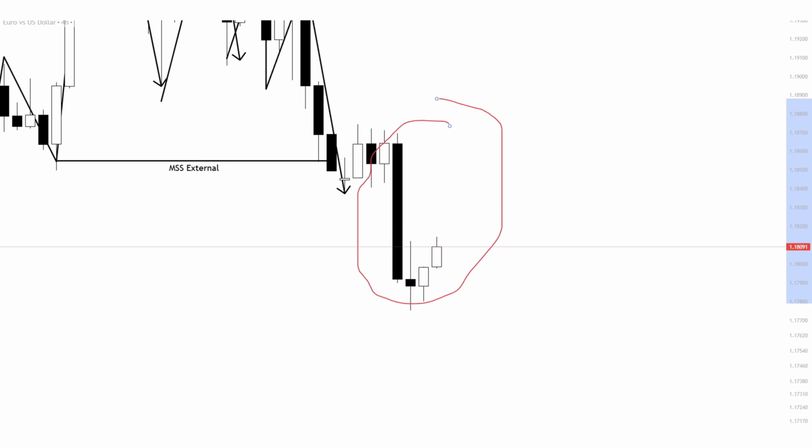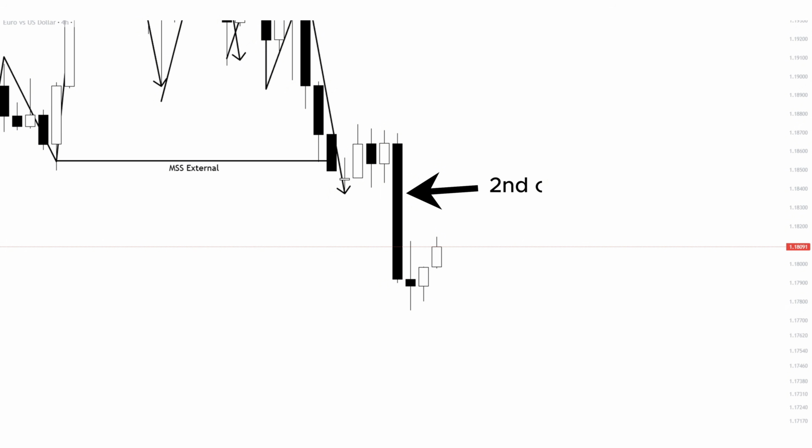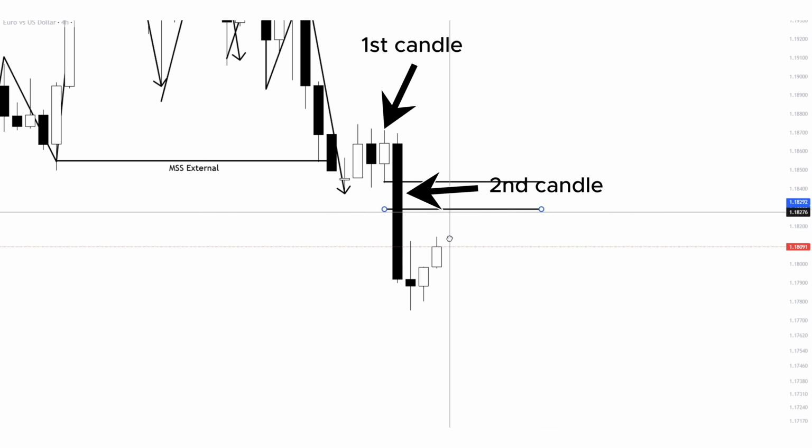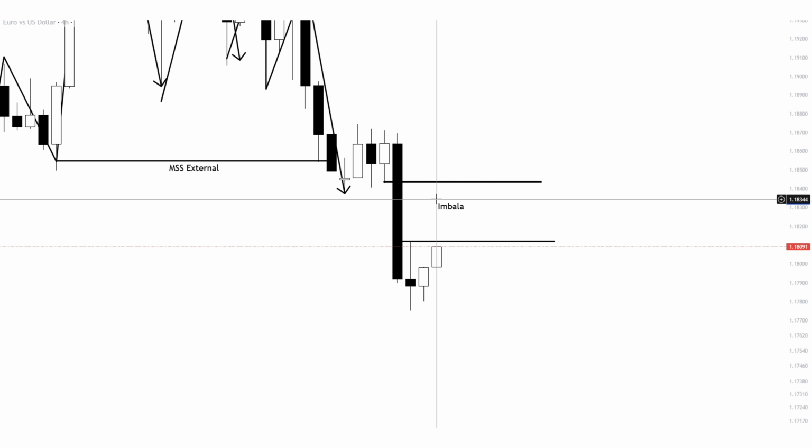When there is a sequence of 3 candles, we look at the largest candle, that's the impulse, which is the second candle. The first candle is the one previous to the impulsive candle. So this is the first candle. The bearish imbalance happens when the second candle, the largest one, is bearish, and the imbalance in that case is taken from the lower wick of the first candle with the upper wick of the third candle. This entire zone is the bearish imbalance, and we see the market that's right now pulling back to the upside